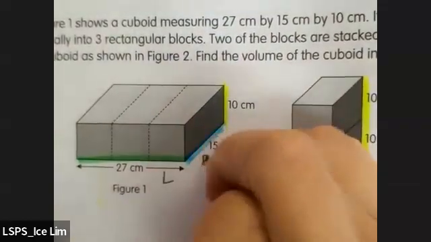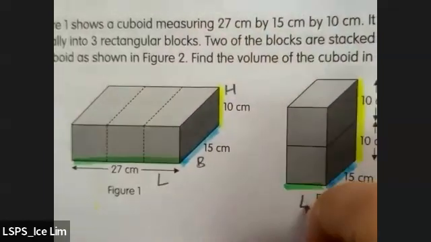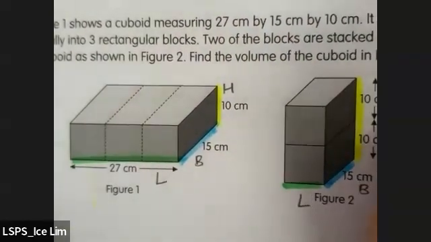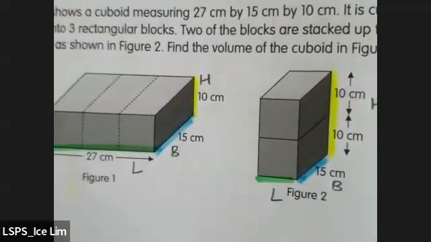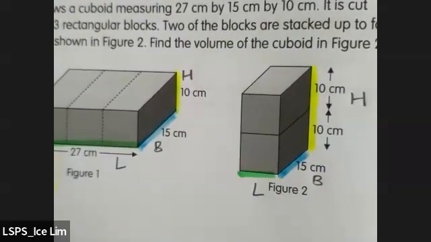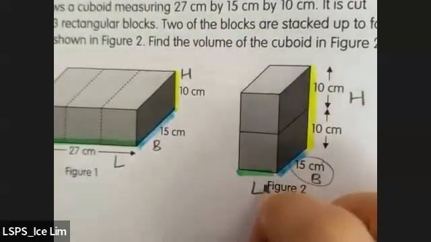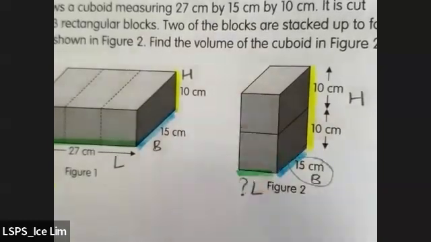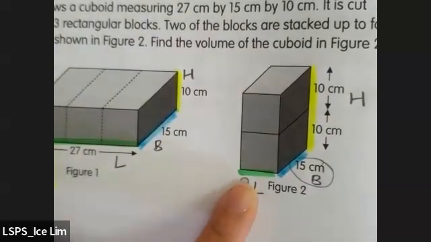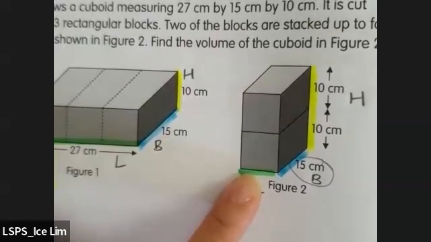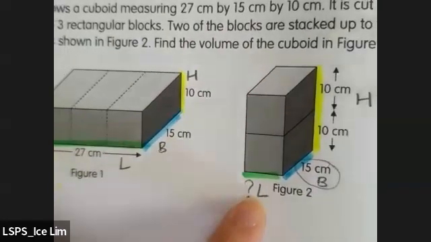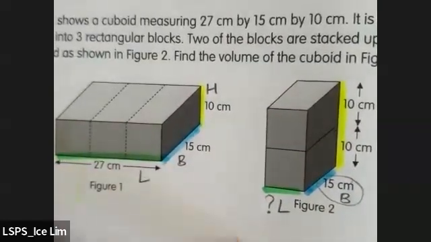Length, breadth, height. I can just write short form. No need to spell everything out. Can you already notice that one measurement is missing here? If you go through the habits of labeling every one of your diagrams,